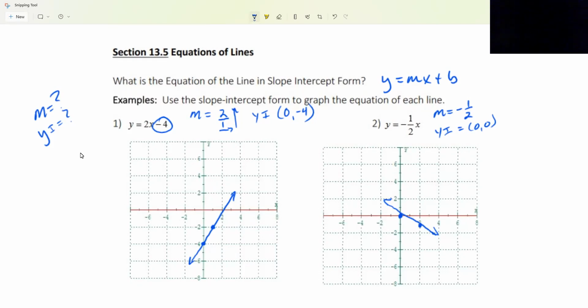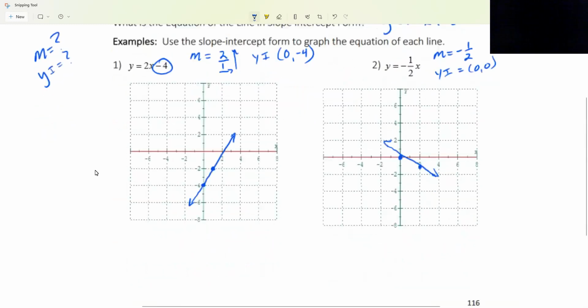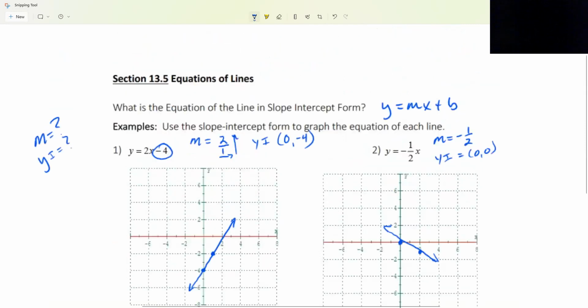So, like I said, if you know what the slope is and you know what the y-intercept is, you can graph these things really, really quick. Okay, so let's